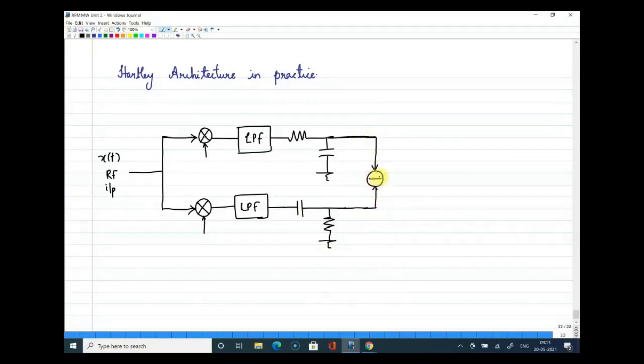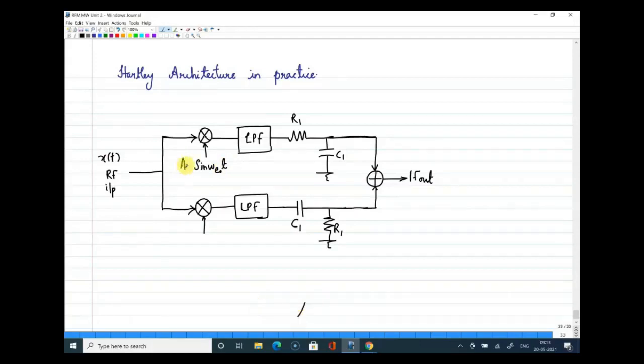So what I previously drew as a single block of 90-degree phase shift is now realized in this fashion. This is one way to realize it. I'm just calling it C1 R1, R1 C1. Now I have shifted the arm to implement this structure, because on top I have used an RC and here a CR. So minus 45 and 45 will give you a 90-degree phase shift.